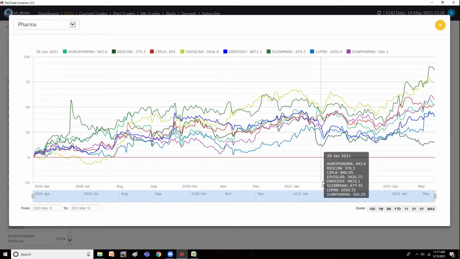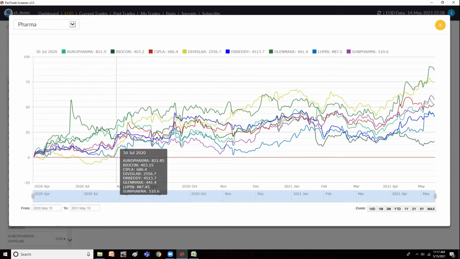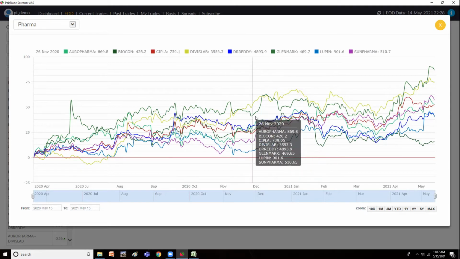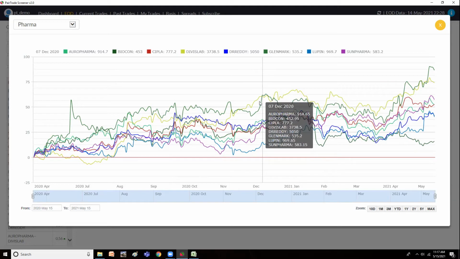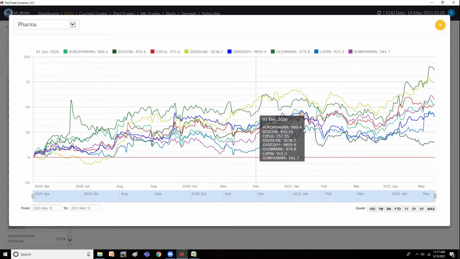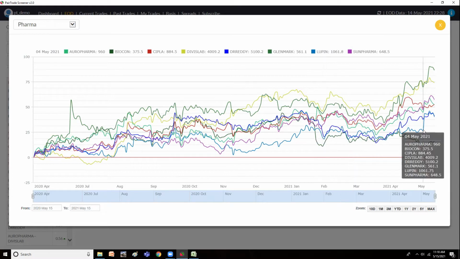Similarly, you will know by looking at this chart how the stocks are behaving. Depending upon the market news or sectorial news, it has gone up, again they come down, gone up. But in between, you see a spike here. This is like individual news of that particular company. Here you see it went up. Here you see a sudden fall. Here you see a sudden rise. So these are individual stock news reactions.